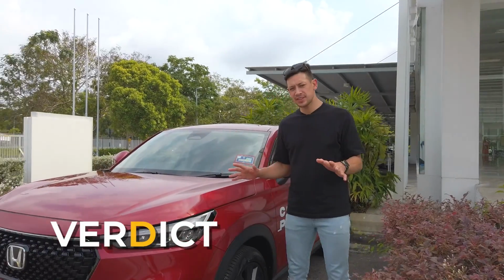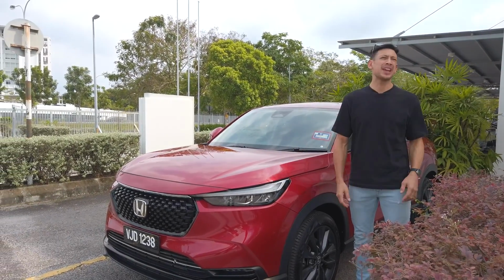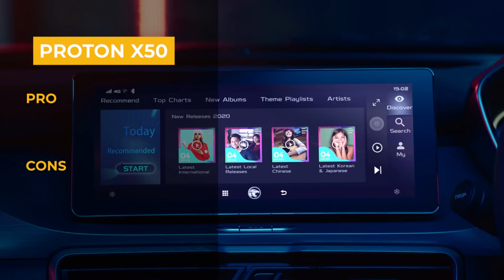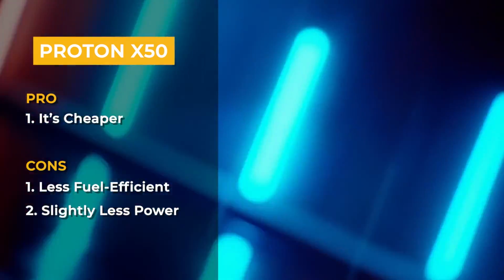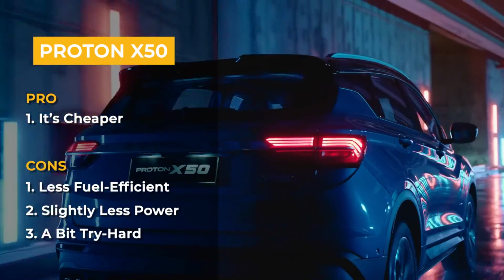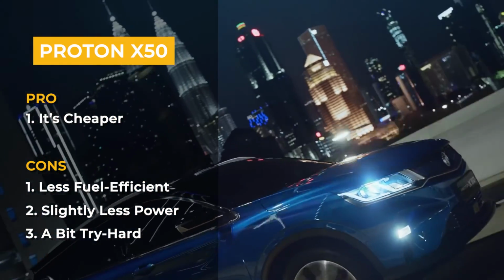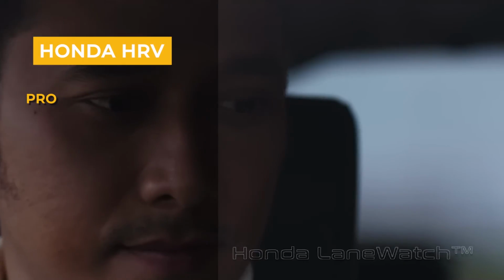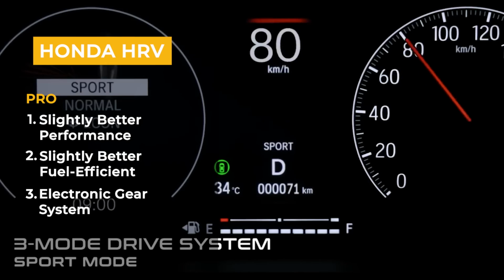Now, if you were to compare this to its closest rival in the B segment for SUVs, it would probably be the Proton X50. Now, aside from the cost, what is the difference between these two cars? Well, the X50 is cheaper, but less fuel efficient, slightly less power, and it feels like it tries a bit too hard. There are so many bells and whistles and extras going on that it's quite hard to keep up with it. Whereas the Honda HR-V has slightly better performance, slightly better fuel efficiency, and it's got the good old